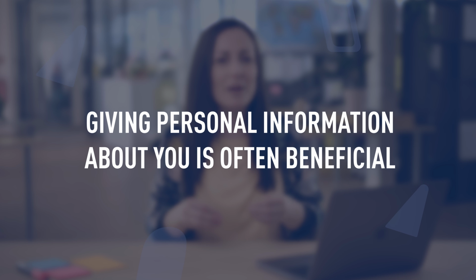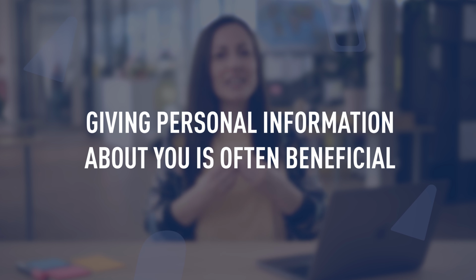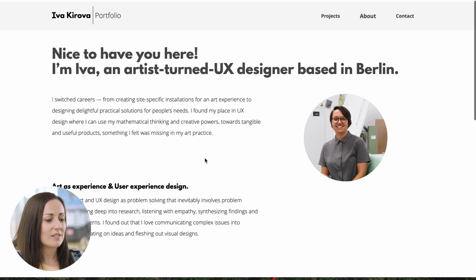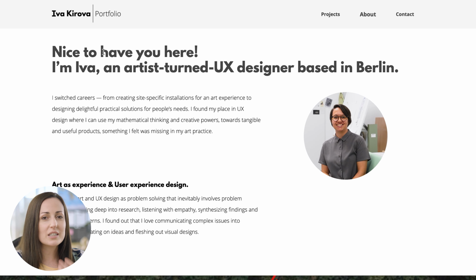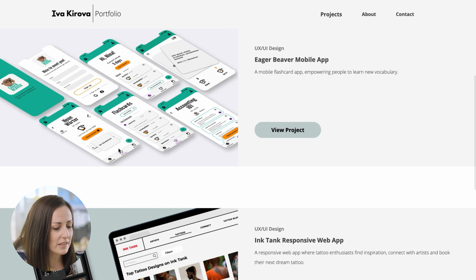There's the slight chance that someone might read this information and think like, oh, I don't relate to this. But more often than not, giving specific information about who you are, what you like, what you do outside, gives people that feeling of seeing you as a human rather than just a portfolio on a page. So usually it's a good choice and really helps people feel connected and want to see your portfolio and see more about you. Okay, so now let's have a really quick look at one of Eva's projects.